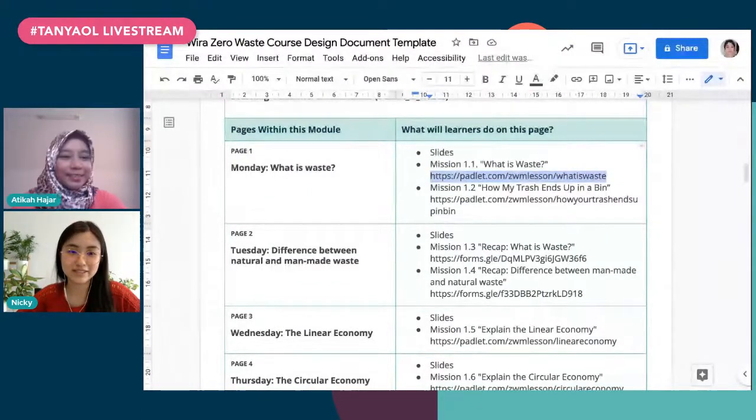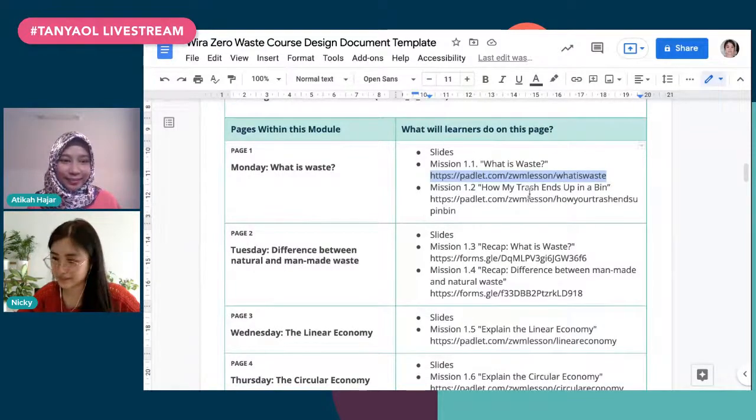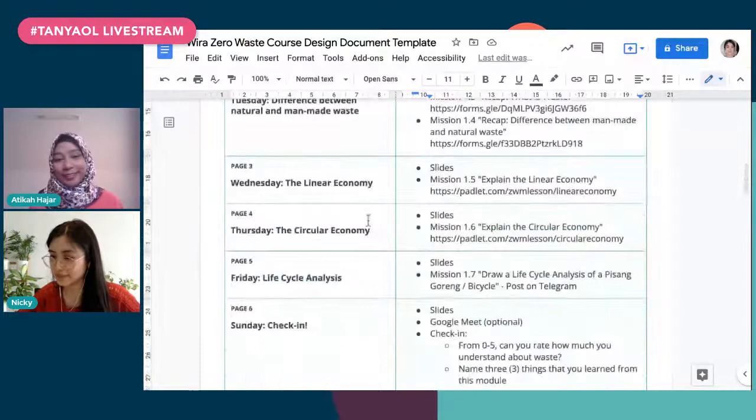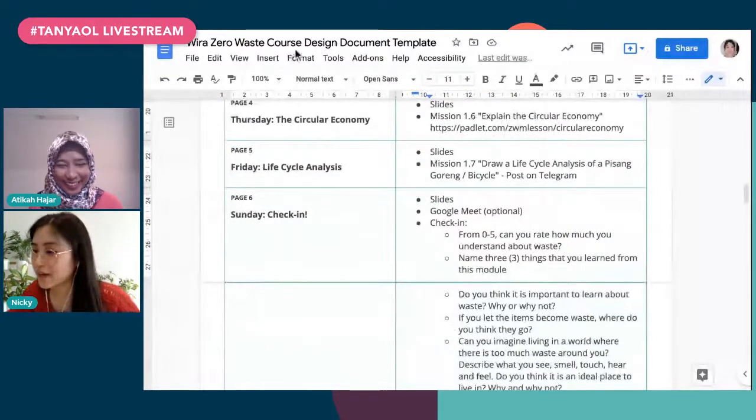You may have changed things as you went through building the course. So I would say it doesn't need to be anything too detailed. Just a quick reminder of what your course structure is going to be. And so that's kind of all that I did to plan the course design, to plan the course structure.